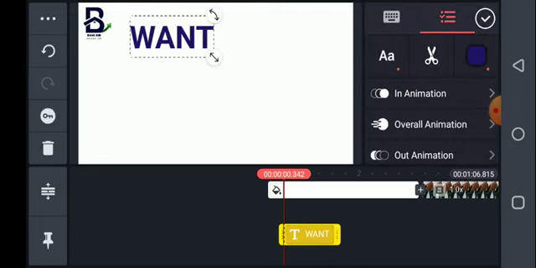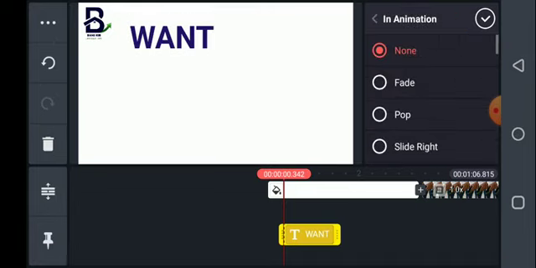And here we have in animation, which is what we're going to do now. Well, how do we want this text to come in? It's very important. Your in animation is very important. It's key, all right, to give your work a nice graphics appearance. So in animation, I'm going to click on in animation, and there are so many,